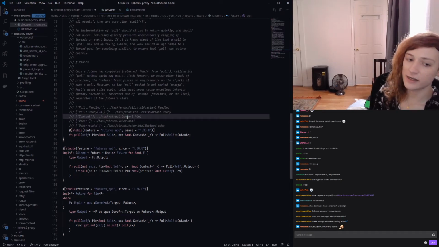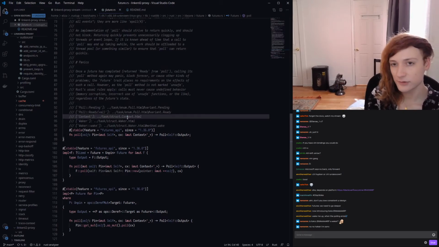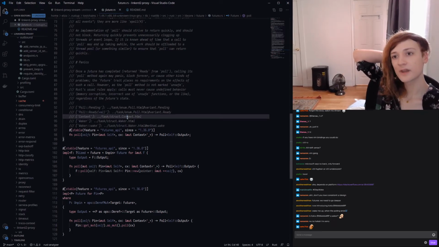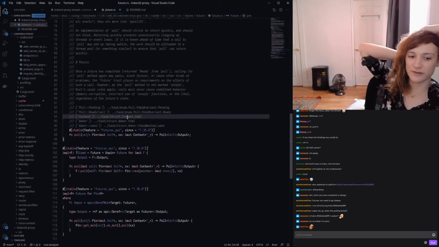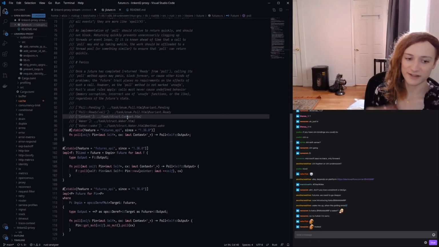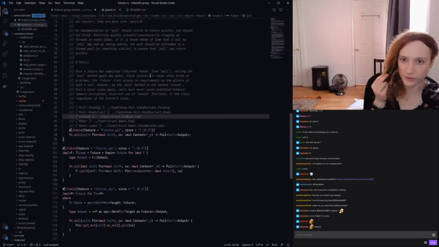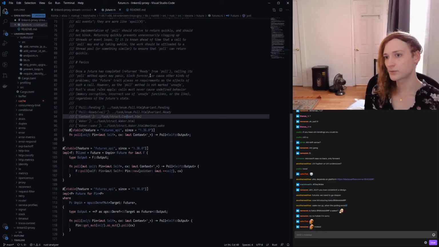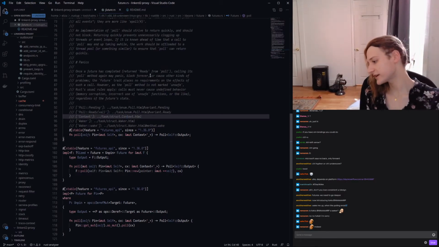Tokyo and any other reactor abstraction, any other event loop, is going to provide an implementation of the Waker trait. And it's going to say, like, Waker is a hook that the event loop can use to say, here is how I schedule something that needs to be polled again. And that's the other very cool thing about this, is that this means that the asynchronous runtime in Rust is just built into a library. And that's a very nice thing about Rust.